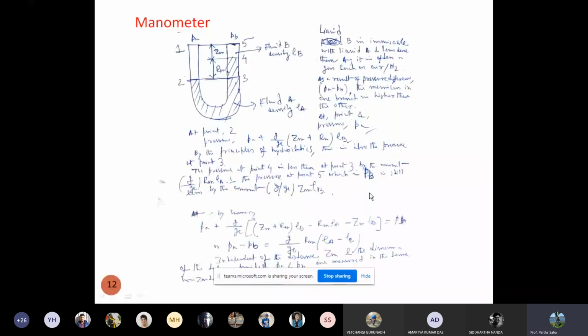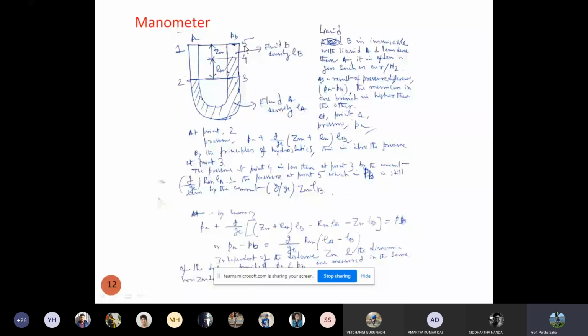I think I just told you. And it is often a gas such as air or nitrogen. So let's say liquid B is some sort of gas or nitrogen, and liquid A is some sort of liquid, such as mercury or water. Okay. So what happens? There I have demarcated each point: 1, 2, 3, 4, 5.